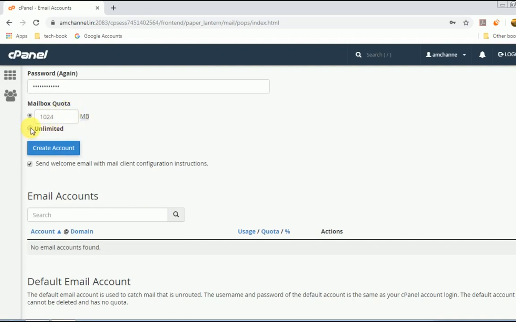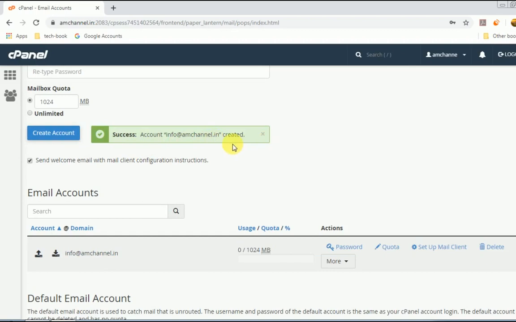If you want to give unlimited space for that email account, you can mention it from this checkbox, or leave it at 1024 MB, or you can increase it as you want. Okay, I'll keep it as it is, and make sure this checkbox to send a welcome email with mail client configuration instructions is checked. I'll check it and create the account. Okay, now our account of